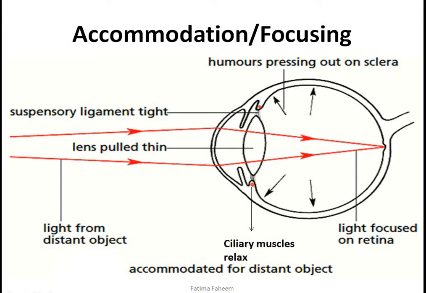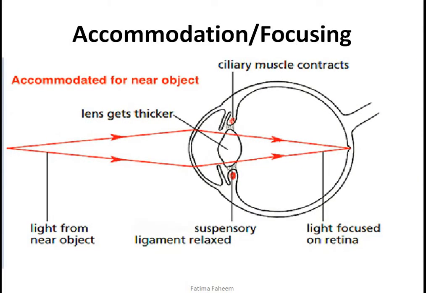On the other hand, if you are looking at things that are near to you, the rays that are coming from the object would not be parallel. So they would require more bending or more refraction. This would happen because of the change in the medium. If you know that the medium of your eye and air differ, hence the light would refract or it will be bended from its original path. It would be done by lens and the cornea. If you see here that the light rays are striking cornea and after that they are converging on the retina.